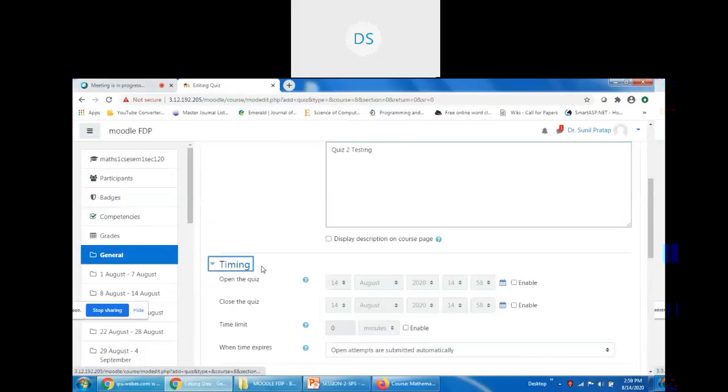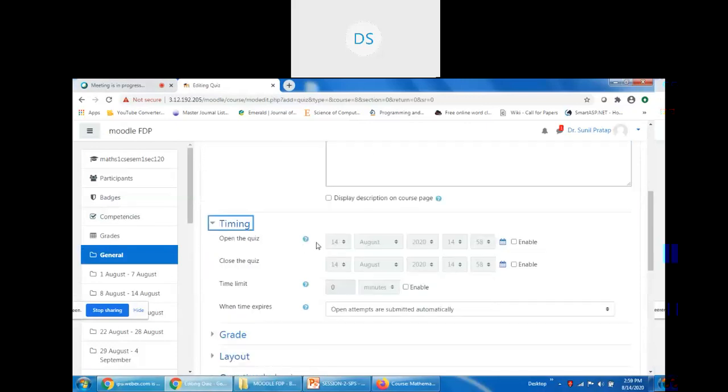Timing: when this quiz will be available. I am giving the date as a back date, because I think this server time is not matched with our server. I don't know what the time at the server end is, and my system time is 3 p.m. So just to enable the quiz, I have set the date as a back date.